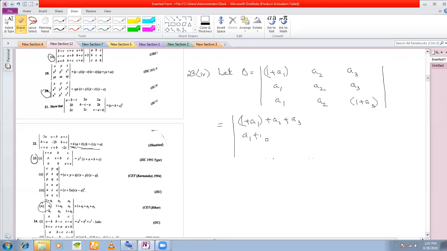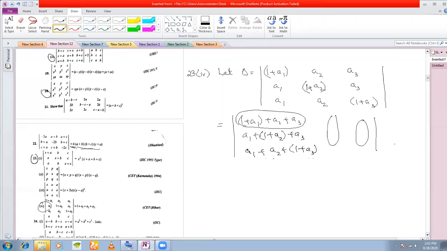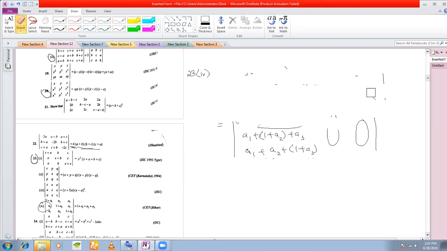Okay. Now see here. This should be 1 plus a2. Yeah, this is given as 1 plus a2. So you get 1 plus a1 plus a2 plus a3 in the first column, and then you can take this out. These two remain as they are, right? And then you can take 1 plus a1 plus a2 plus a3 out. You'll get 1, 1, 1, and then you'll proceed. Okay, so this is also the same. I thought this is a different type. So let's see if I get that type later, then I will show you.